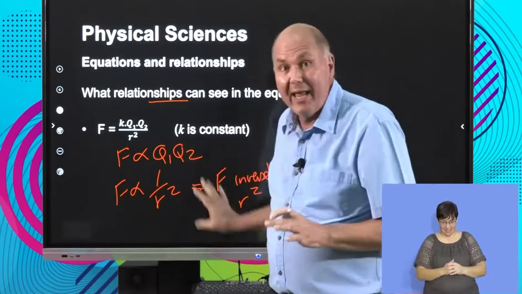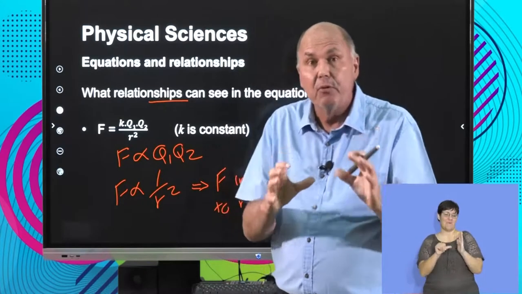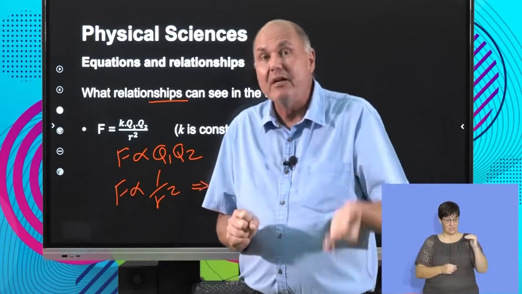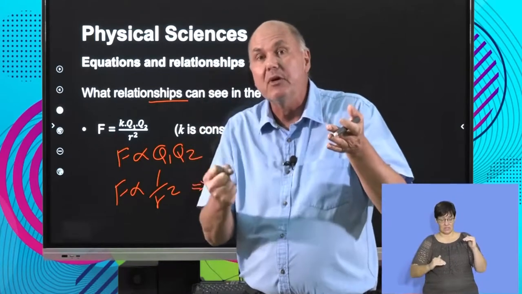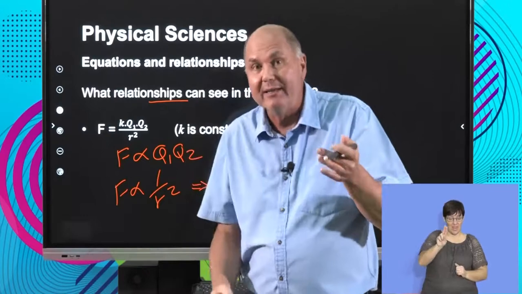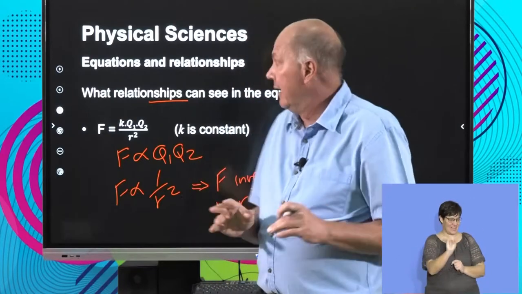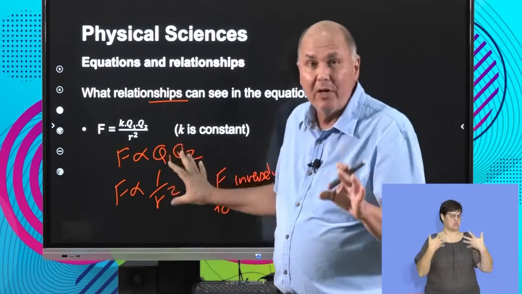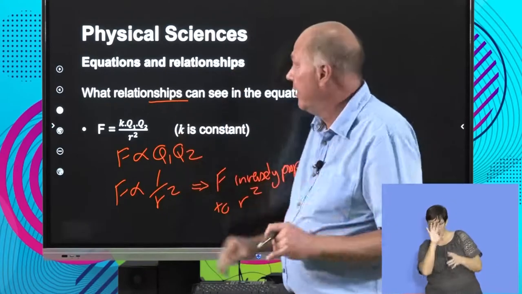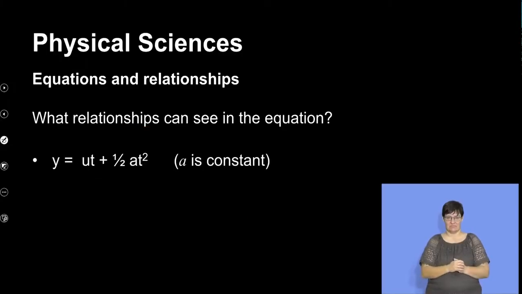But the square plays a little bit of an important factor there. So as the one increases, the other will decrease by 1 over r squared. It's going to change the factor a little bit. But we're not too much worried about that. I just want you to get the relationship. Now, let's have a look at our final equation that we're going to look at. Now, this equation